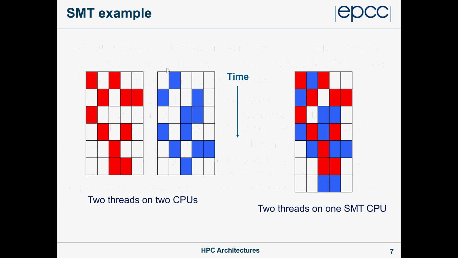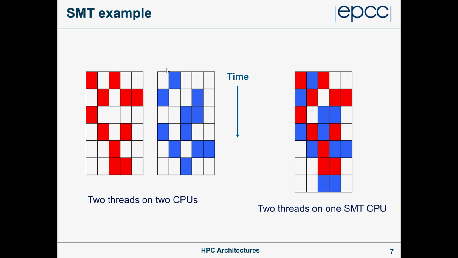Okay. And then that means you should be able to do something like this. In this picture here, we have 2 programs. Each one of these columns that you see is a functional unit, and the columns which are filled up by colours are where that program is using a particular functional unit. So you can imagine the first column of the 2 threads could be loading data, and the second column could be integer operations, the third and fourth columns could be floating point operations, and the fifth column could be branch operations. So you can see on the left that the first thread, which has the red colour